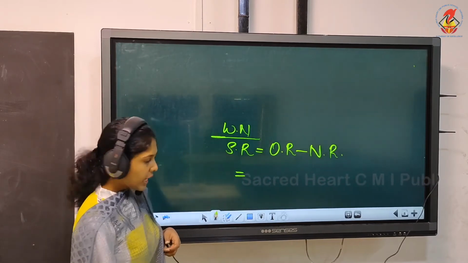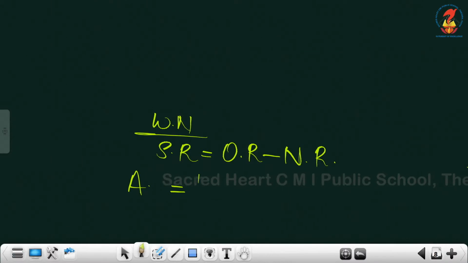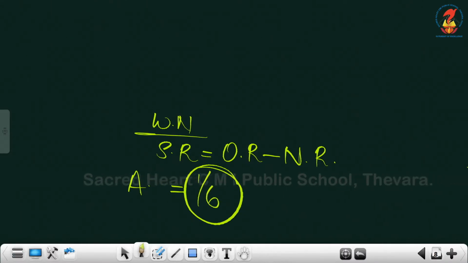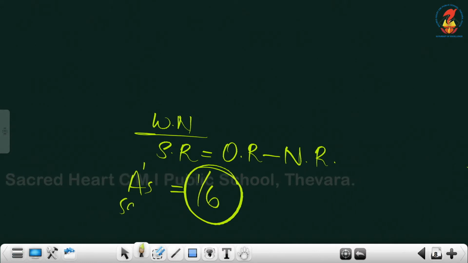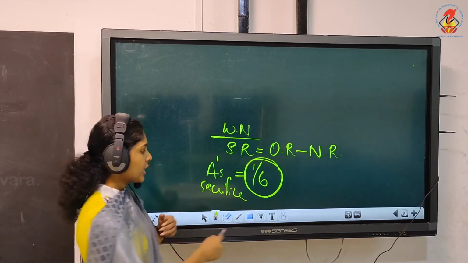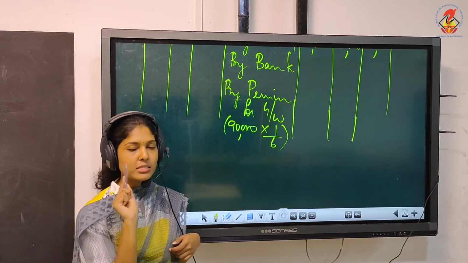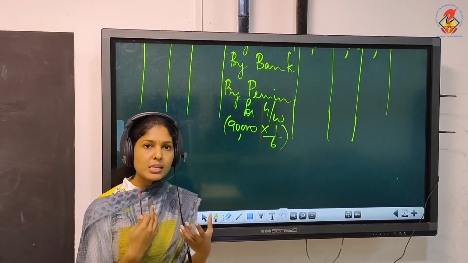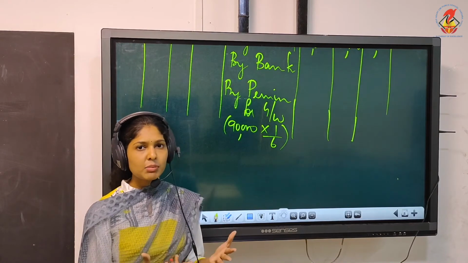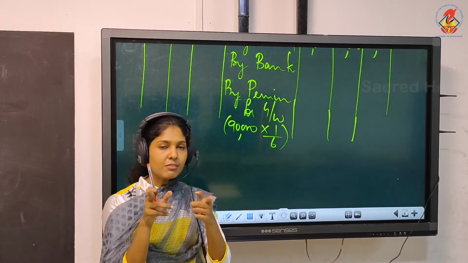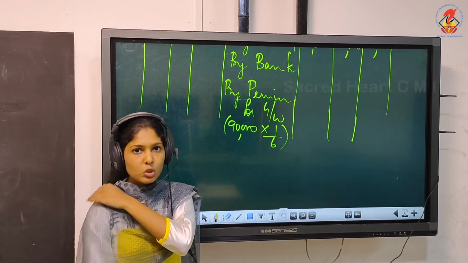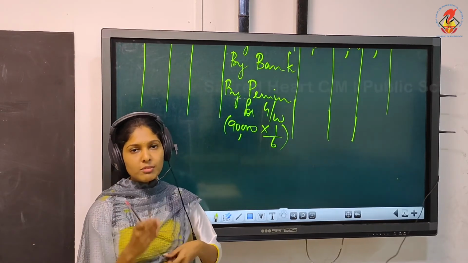The sacrificing ratio, okay, only one partner. Who's the first partner? A. Only partner A is sacrificing. You will be getting sacrificing proportion for A as, see, you must write the calculation. I am not doing the calculation here, but when you do it in your notebook, you must write the calculation also. So 1 by 6 is A's sacrifice, and for the other two partners, B and C, you will be getting 0 as their sacrificing proportion. That means they are not sacrificing, at the same time they are not gaining also. If it was negative, you would have to debit them, but now nothing to be done, neither sacrificing nor gaining, just ignore it.